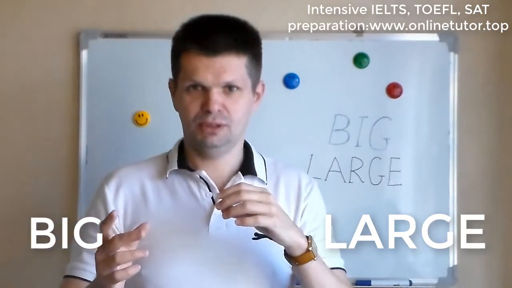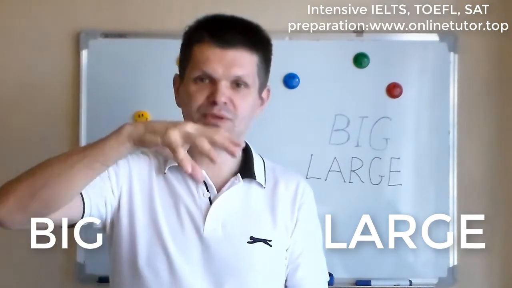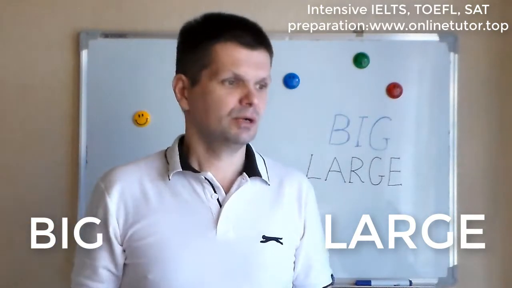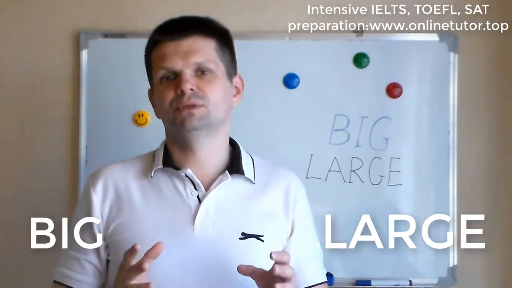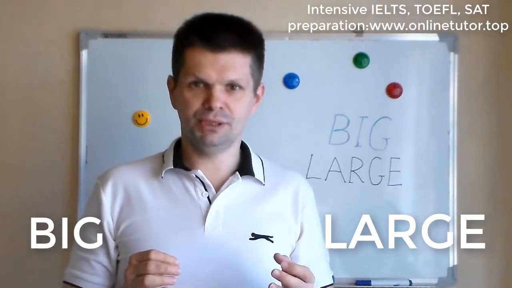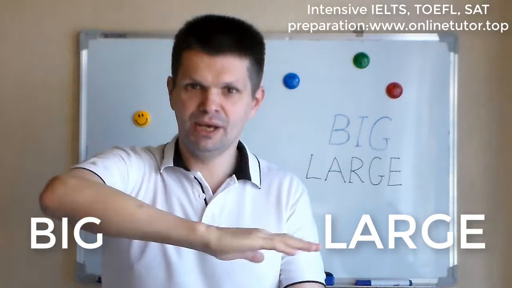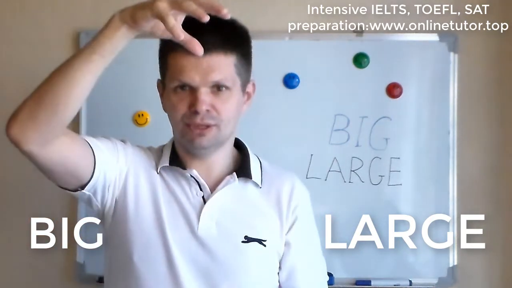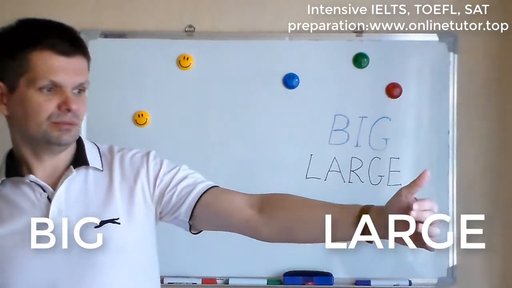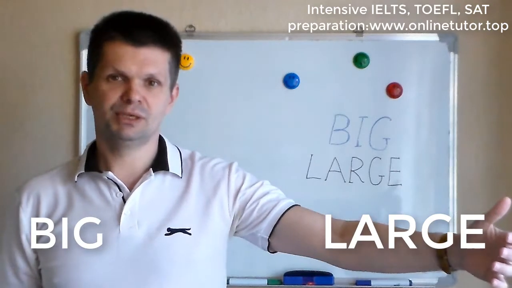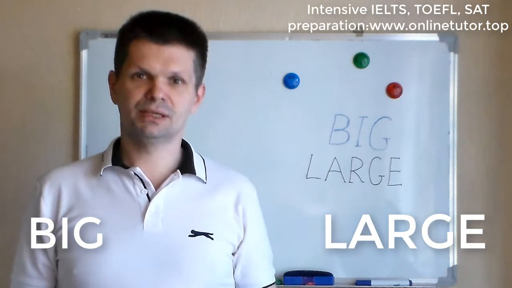You see? And when we speak about protruding things, trees, houses again, cars, maybe if you use big, it will sound a little more natural. For example, a big tree, because we are speaking about the exterior of an object. Not the area, not the inner side, but the exterior, a big tree. A big car, meaning we look at the car from outside and we see that the car is big. If you say a large car, maybe I mean the interior of the car, the salon and so on,